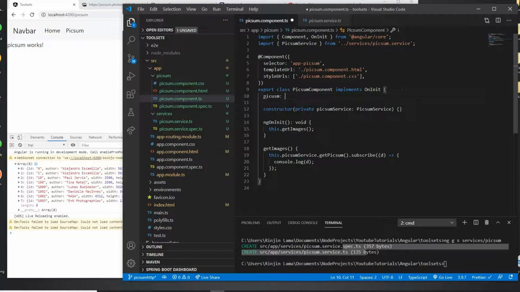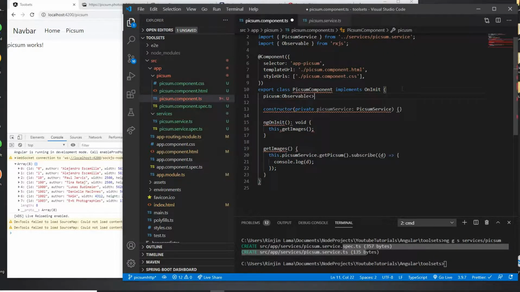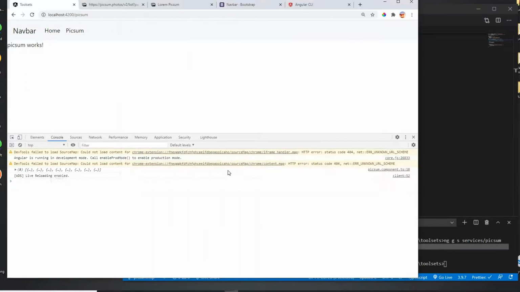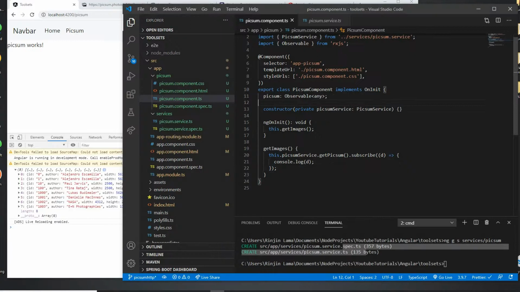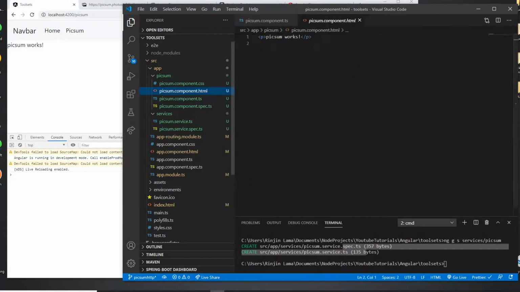And on this Picsum, I will create an observable, and this would be any. Instead of any, we need to provide the interface of the object which we are getting and make it an array. But I'll just put any this time, and I'm going to close this, and now I will return this in Picsum. So Picsum, and we could use this observable Picsum directly on a view for using the async